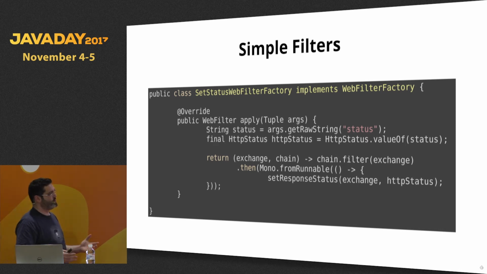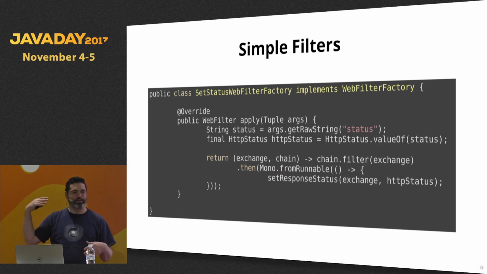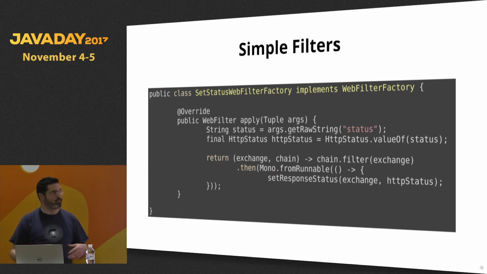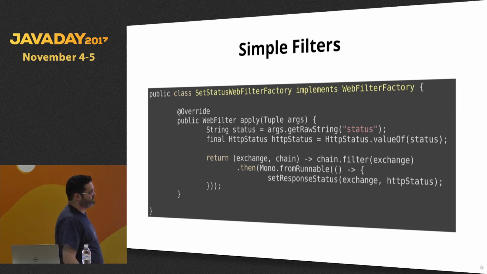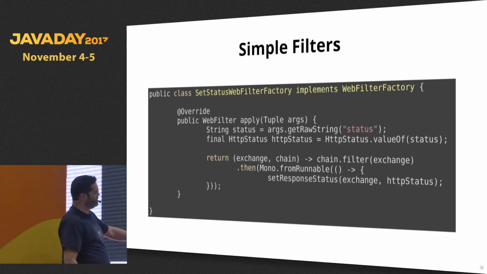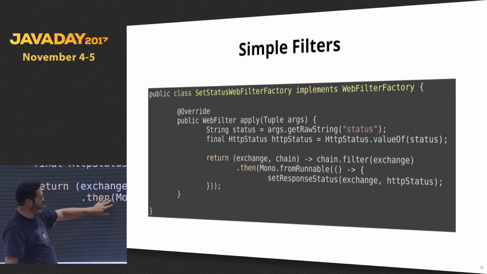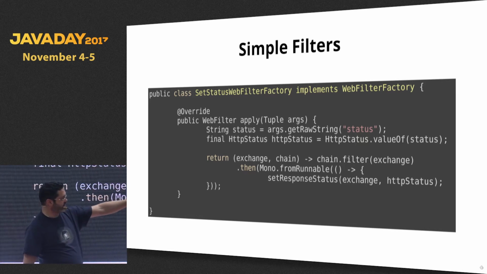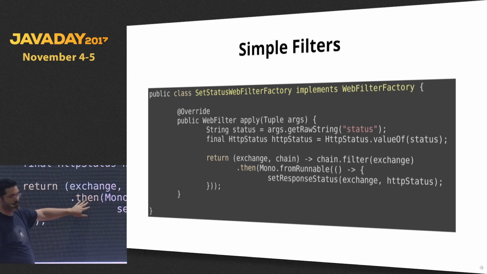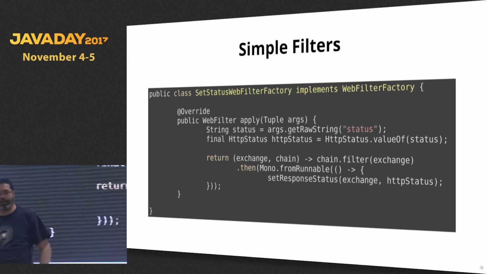In this case, this filter wants to set the HTTP status for the response, right? So in this case, it needs to be run after. So you'll see that the code actually happens after the filter chain is run by using .then, which is a